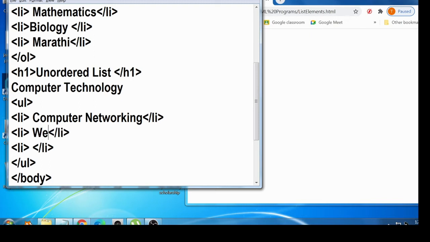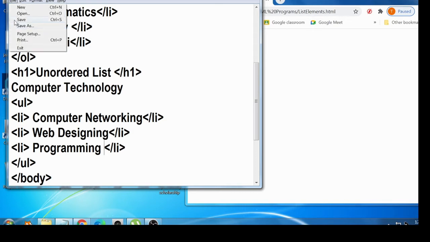Second one is web designing and third one is programming. Okay, these are the list elements for the unordered list.